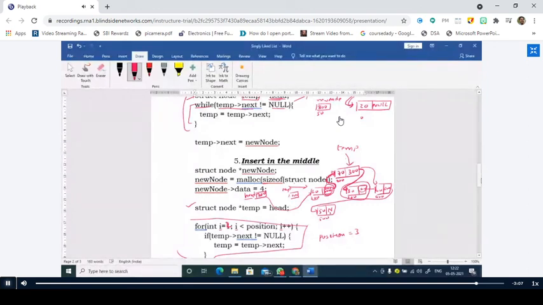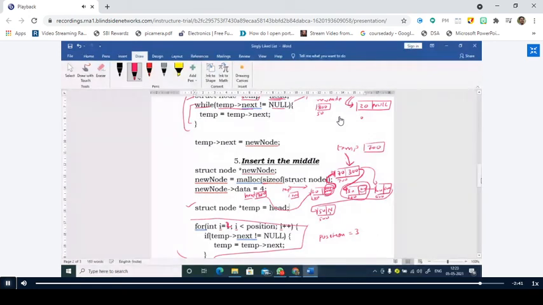I want to remove this node. Position is equal to 3. Therefore, the third node should be deleted. So I have to make the temp point to the previous node of 300. What is the previous node of 300? 700, right? So after exiting from the loop, my temp is pointing to this 700th node.